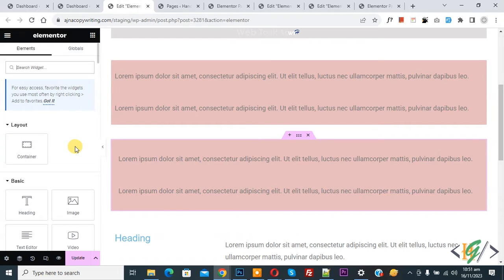Bismillahirrahmanirrahim. Assalamu alaikum. My name is Hassan, and today we are going to restore the sections and column in Elementor